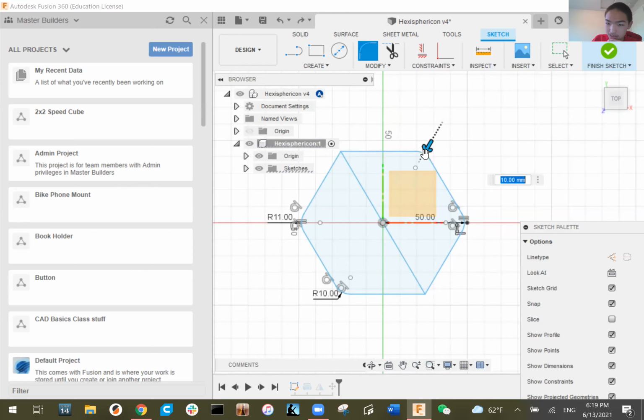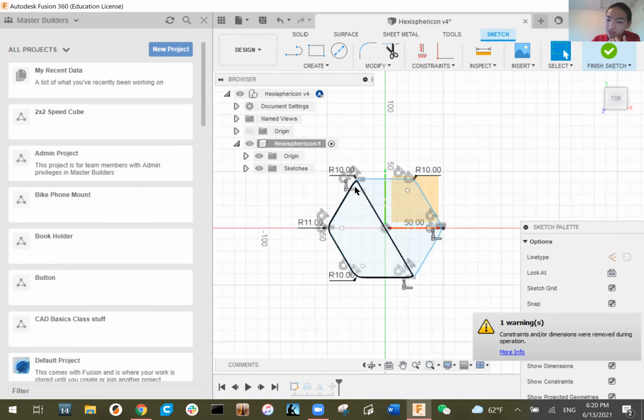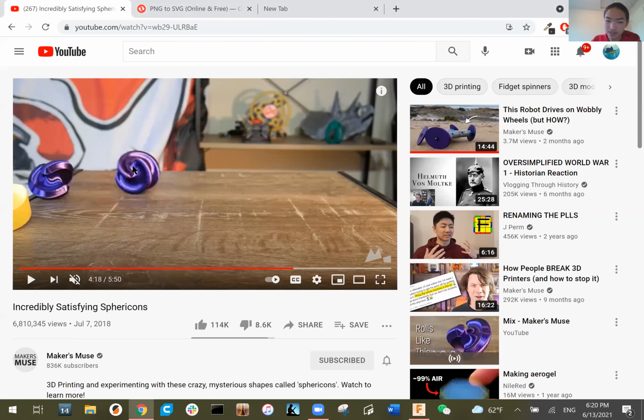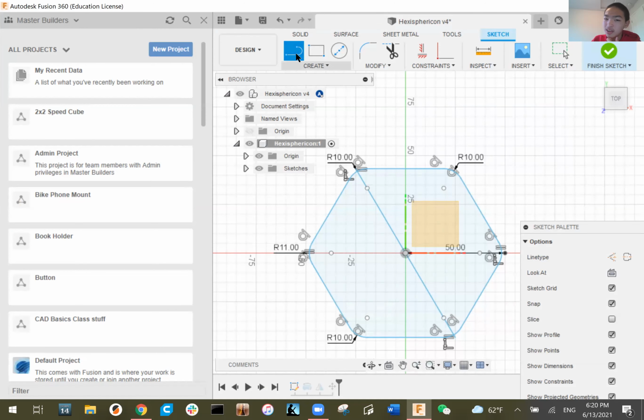Let me just make sure these corners are okay. And then what we're going to do next, after you round off all the corners, is create a cut through that part of the Hexisphericon. So first we're going to draw a construction line. A construction line is basically a reference line we can use to help us draw other lines. The line we want to draw is just a line down the center, from